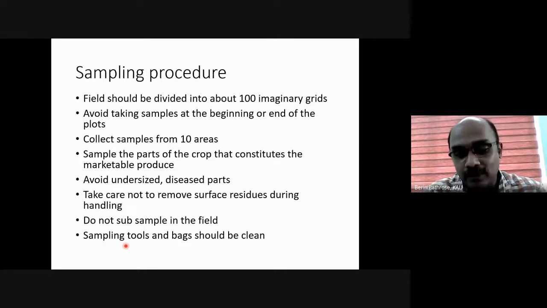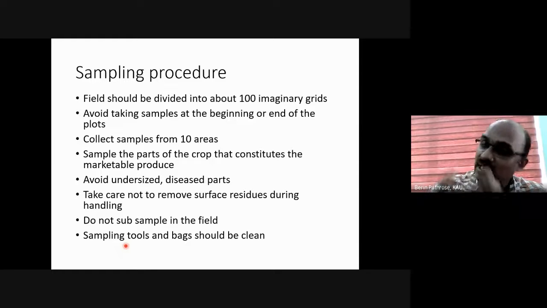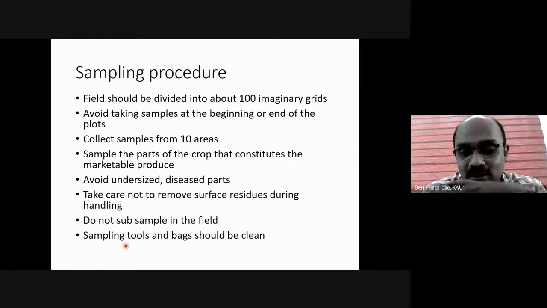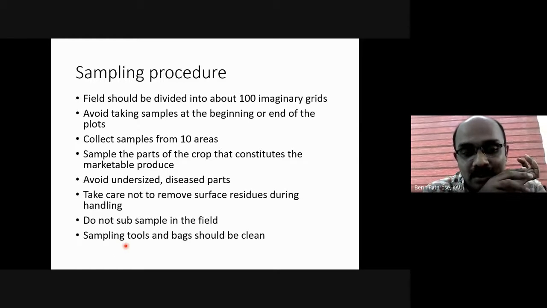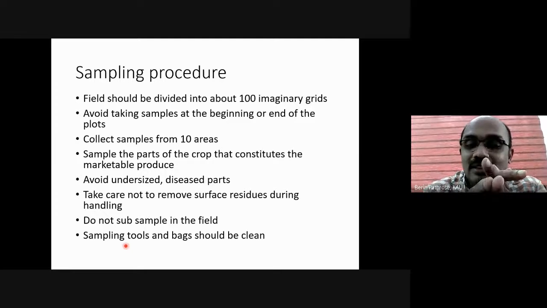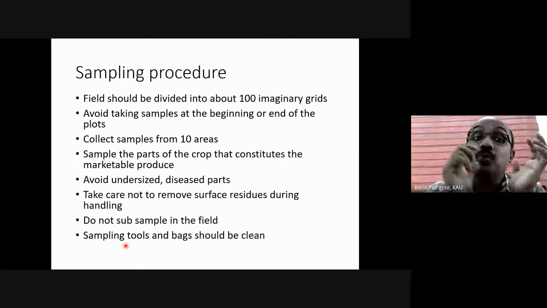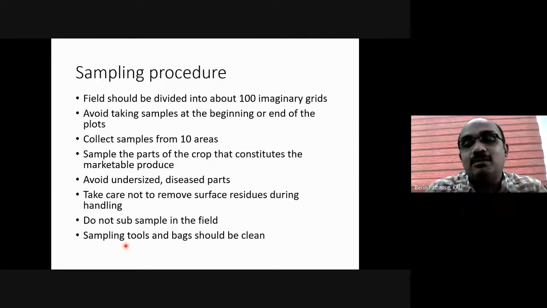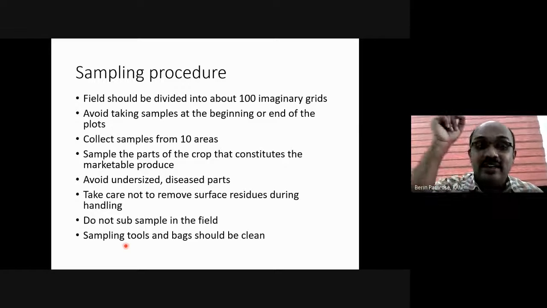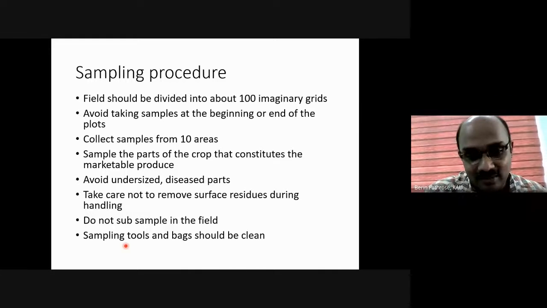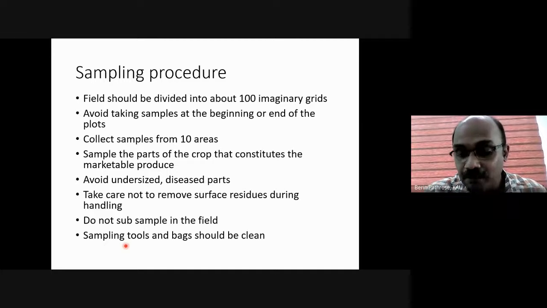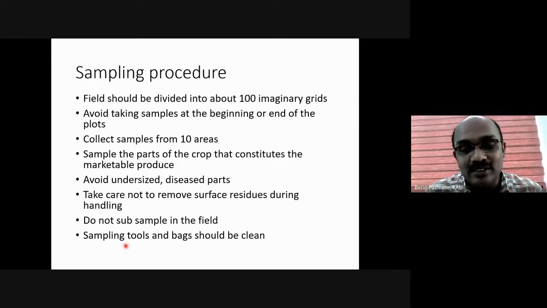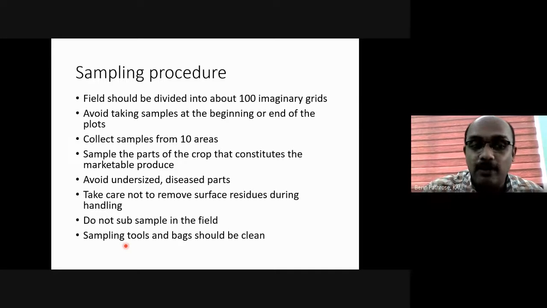Take the case of banana, mango, citrus, any fruit. You will remove the rind and eat only the inner content, the pulp. But in residue analysis, you won't analyze only the pulp part. You will include the rind also. We will chop the banana along with the rind, and then we will analyze, because this is the way it is marketed. And we are trying to detect the level of pesticide, and we will compare with the MRL value.